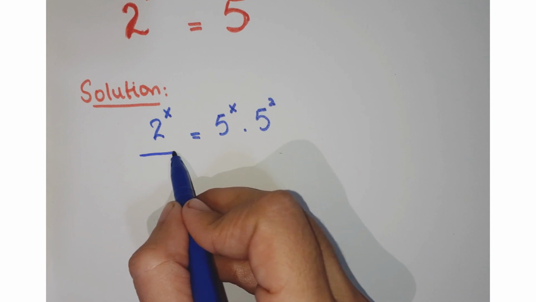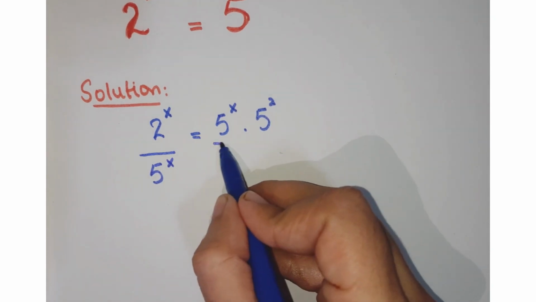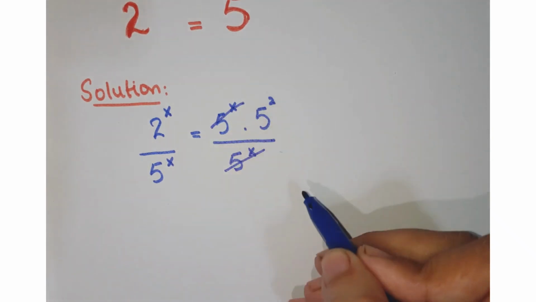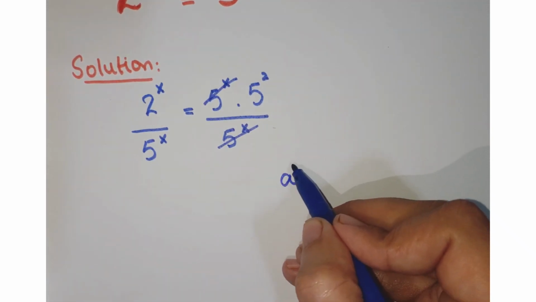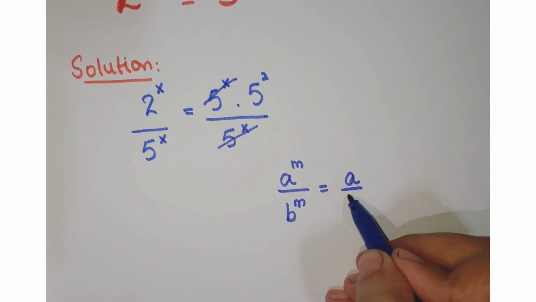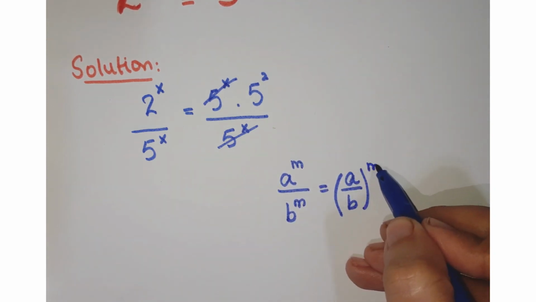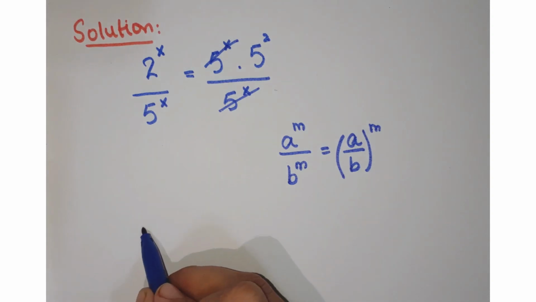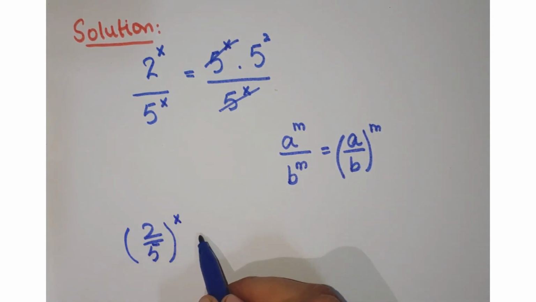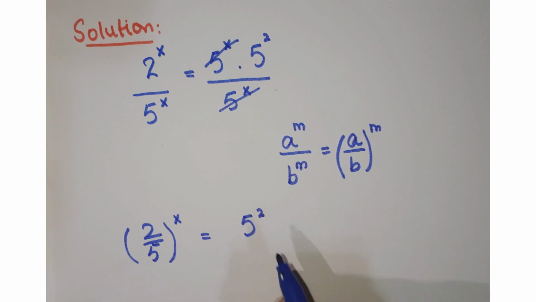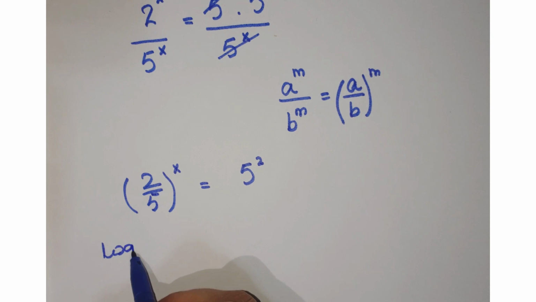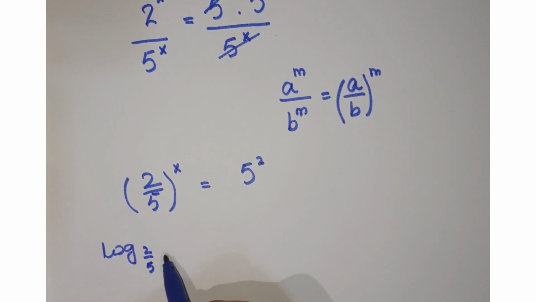Now dividing by 5 to the power x on both sides, this term and this term get cancelled. Now as you know, a to the power m upon b to the power m can be written as a upon b whole to the power m. So this can be written as 2 upon 5 whole to the power x is equal to 5 to the power 2. Now taking log to the base 2 upon 5